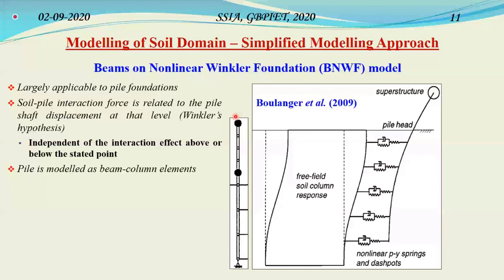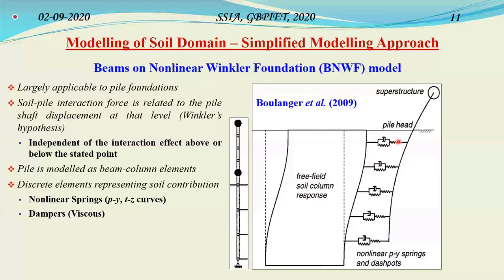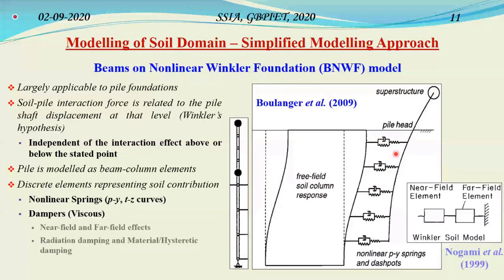The discrete elements represent the soil contribution. So these discrete elements are made up of nonlinear springs, which can be represented through their Py or Tz curves, and we have viscous dampers. So what are they used for? These set of nonlinear springs and viscous dampers and their combination is basically used to represent the near field and